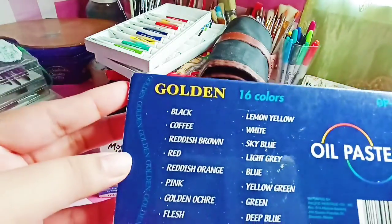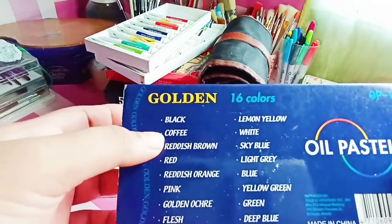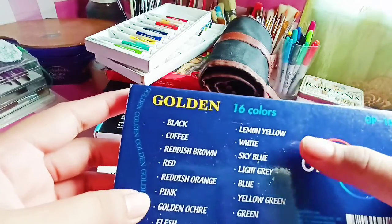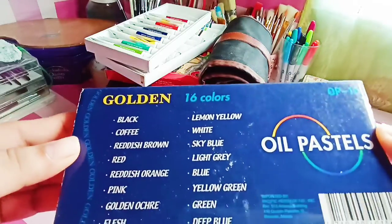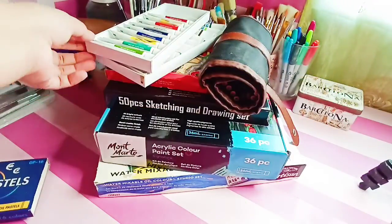Yeah, that's all. And these are the shades: black coffee, reddish brown, red, reddish orange, pink, golden ochre, flesh, lemon yellow, white, sky blue, light gray, blue, and then yellow green, green, deep blue. Okay, that's all the shades. Okay, let's move on with this